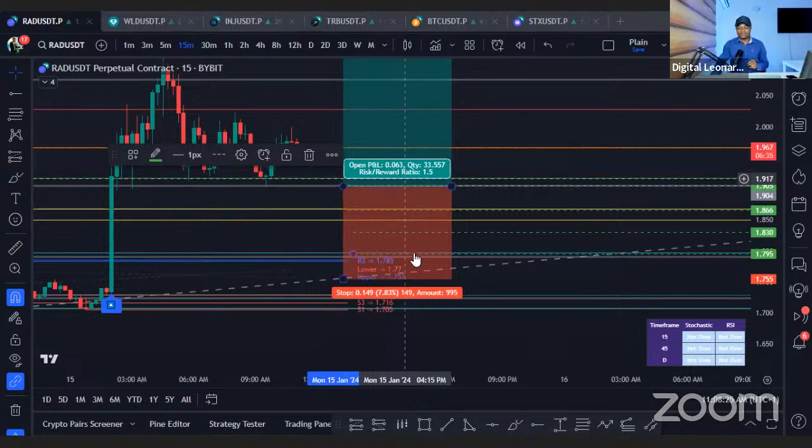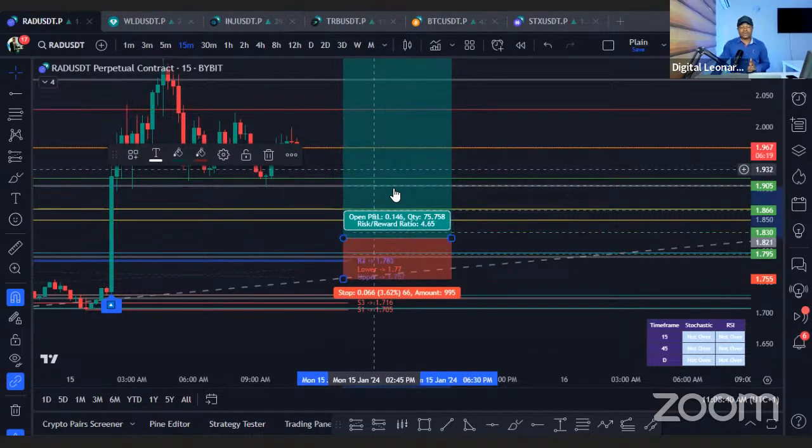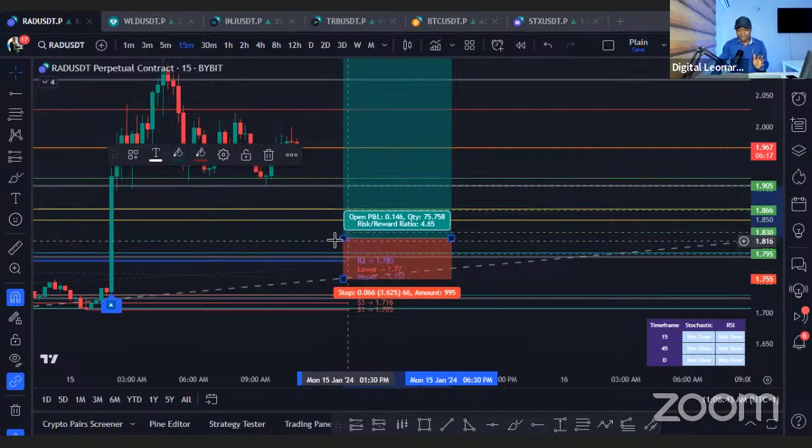So at the end of the day, if all of these orders are triggered, okay, because I'm bullish on this token, that's why I'm doing this. If all of these orders are triggered, then at the end of the day, my average entry price would be, let's say, somewhere around here. All right. If all of them are triggered, if the 5 orders are triggered, my average entry will be around